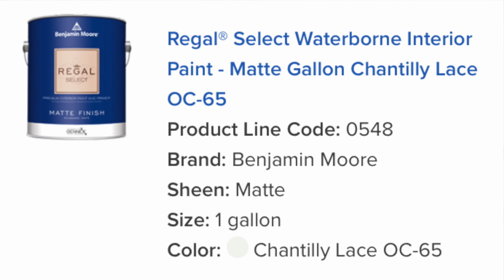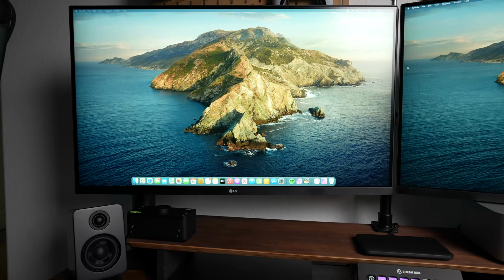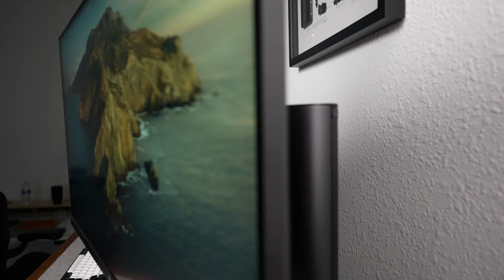They were thin and did help with sound, but not to the level that I liked. From there, I repainted the light gray wall a bright white. This color is Chantilly Lace in matte from Benjamin Moore. From there, I mounted two 32-inch 4K IPS LG Ergo monitors, which come with LG's fantastic Ergo monitor arms, to